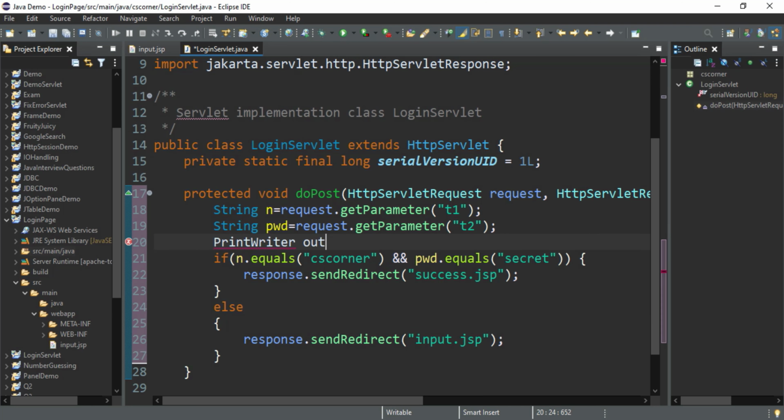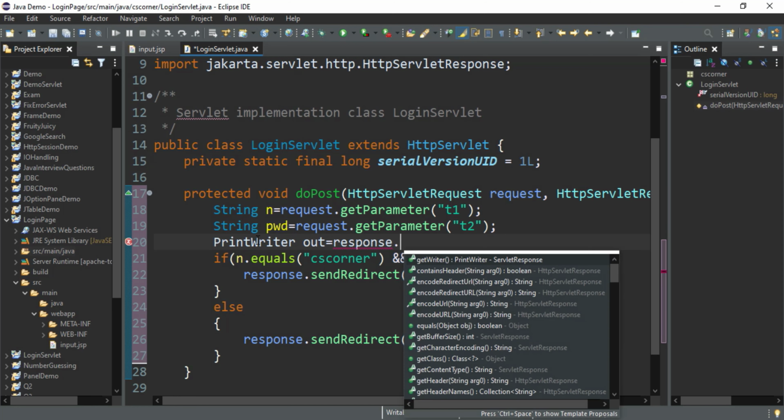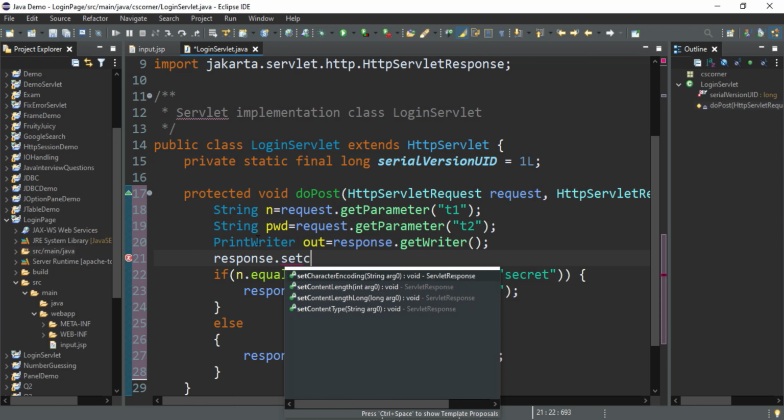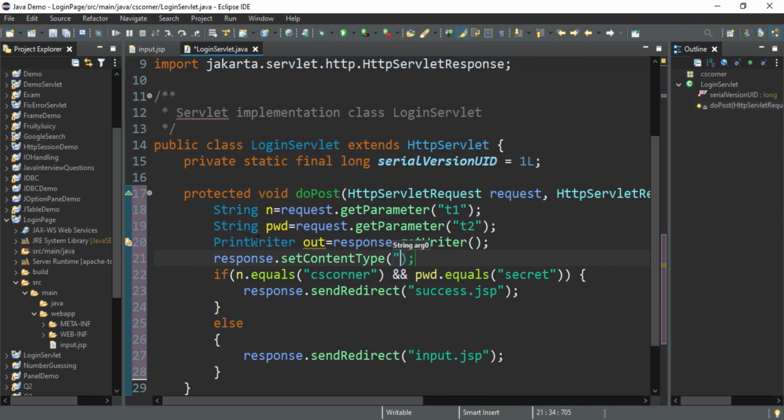PrintWriter out is equal to response.getWriter, and I just want to change the content type also so that I can use HTML tags on my response page. So I'm going to use response.setContentType, and in double quotes I'm going to pass text/html since I want to use my HTML tags.